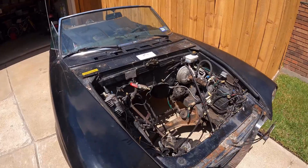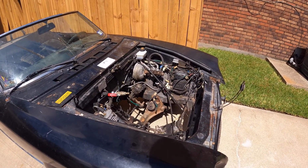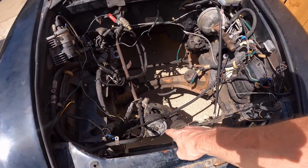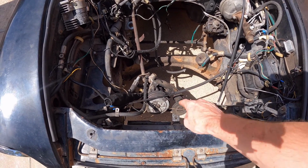So that is our engine bay. There's nothing in it, so it saves me a lot of the hassle of trying to figure that out. It's already out. And the plus side is, this is a factory air-conditioned car. Factory? Was it factory air conditioning, or aftermarket? Either way,